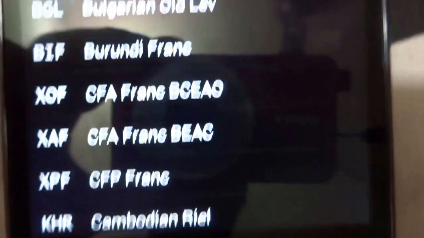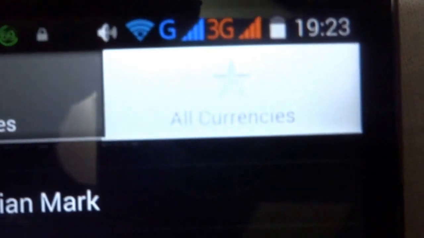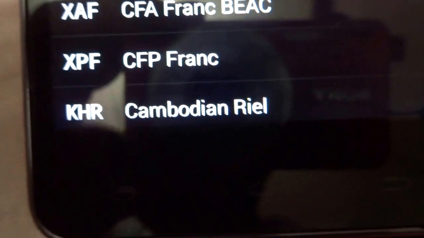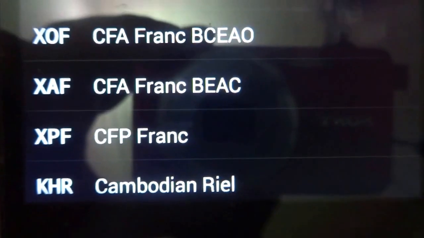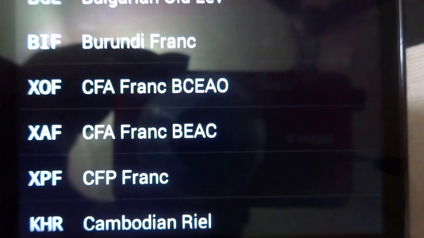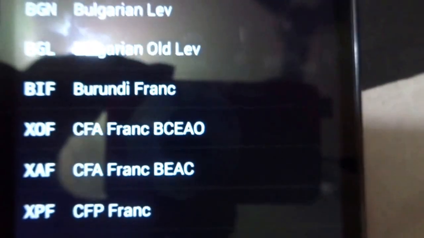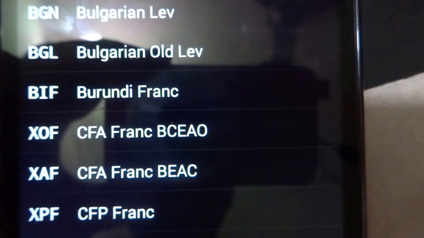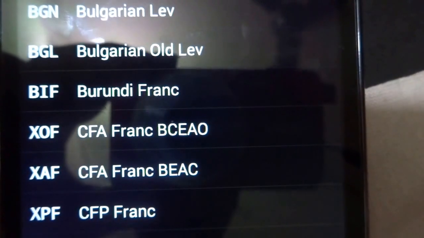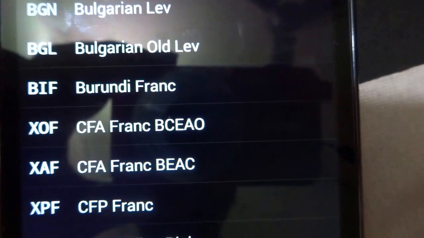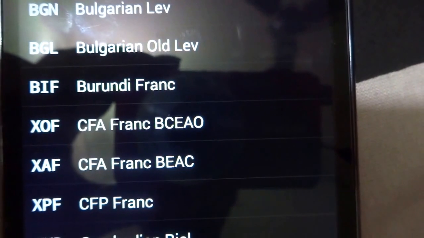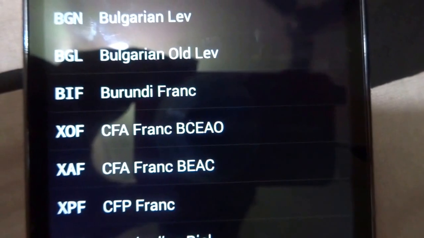So my feedback to you would be that instead of having this whole scrolling thing, it is quite annoying. I wish you had something like here where I can search, or maybe the all currencies is there, and at the bottom you have one of those magnifying tools, and there one can easily search. So that would be my feedback, because unnecessarily one wastes time in scrolling. There's no point in doing that. One might as well have a quick search option where I can quickly search for the currency that I'm looking for, and then quickly get down to checking out the currency exchange.